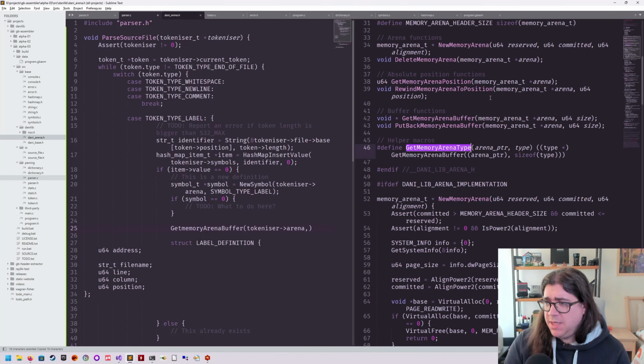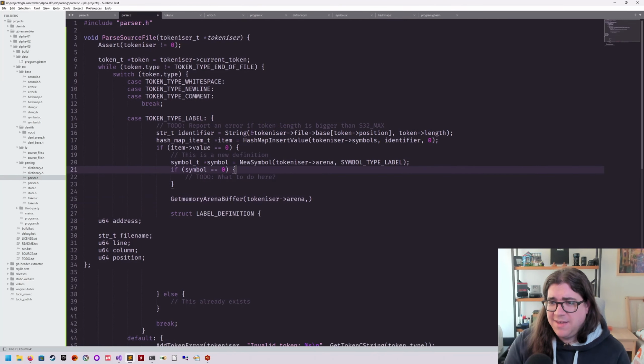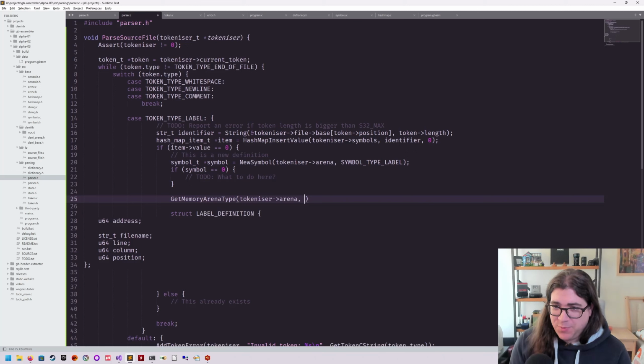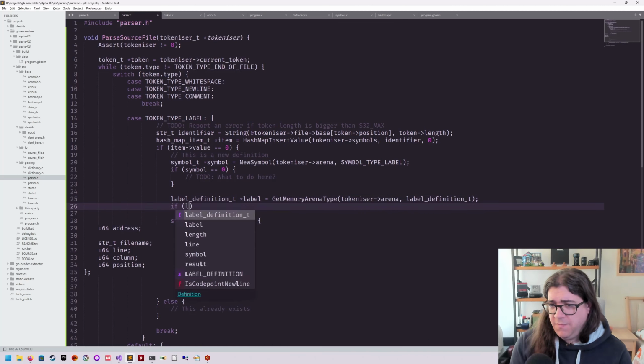Get memory arena type. Type will be label definition T. Okay, if label is null,